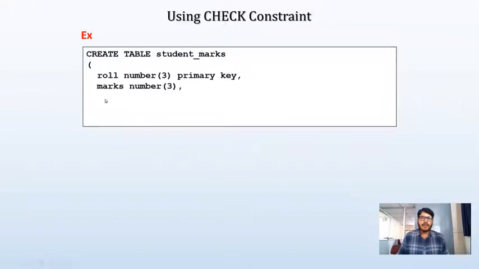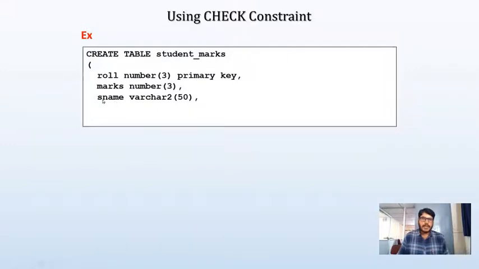So next column I want to define as marks. Number 3, that means marks is the column name and I can store a number value in the marks column. And the maximum 3 digits value we can store in marks. And after this, I want to define one more column, that is sname, indicating a student name, which is storing a variable length of characters, because every student does not have a similar length of characters. So that's why I'm going to consider the data type as varchar here. And 50 is the maximum size I'm allocating for storing student name.